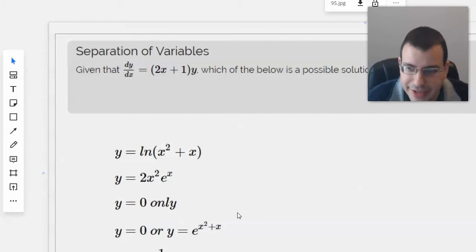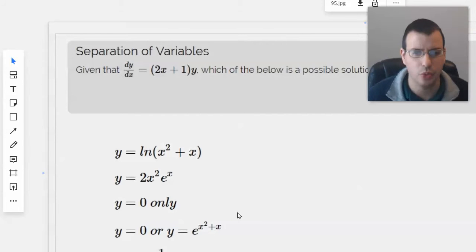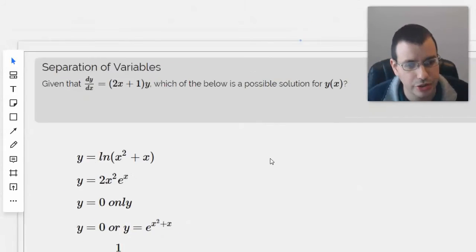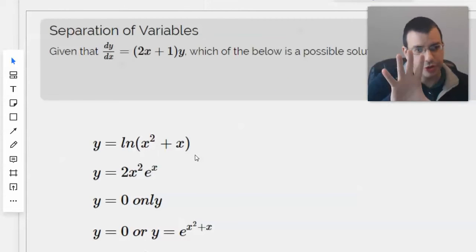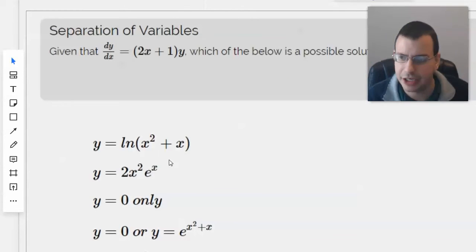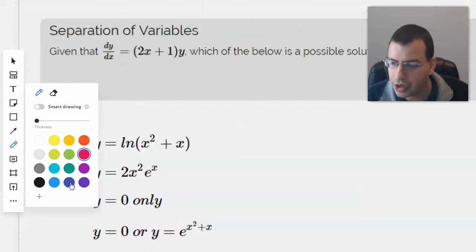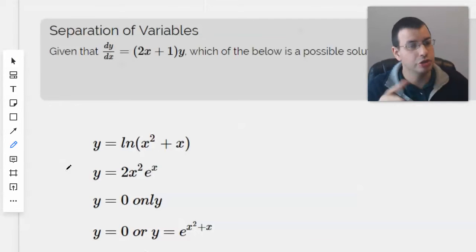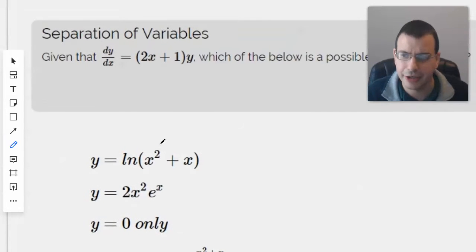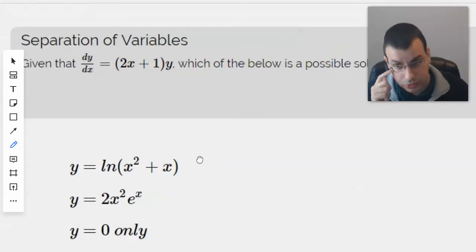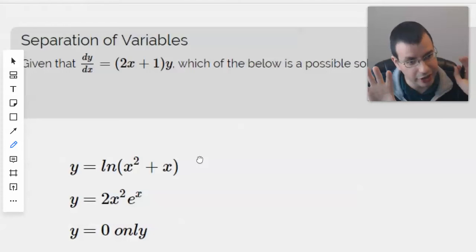Given that dy/dx equals (2x plus 1) times y, which of the below is a possible solution for y of x? Normally we don't see the y and the x on the same side here. One of the clues is you don't want them on the same side. You want them on opposite sides, hence the separation of variables. So the idea here is get all the y's on one side, get all the x's on the other side,